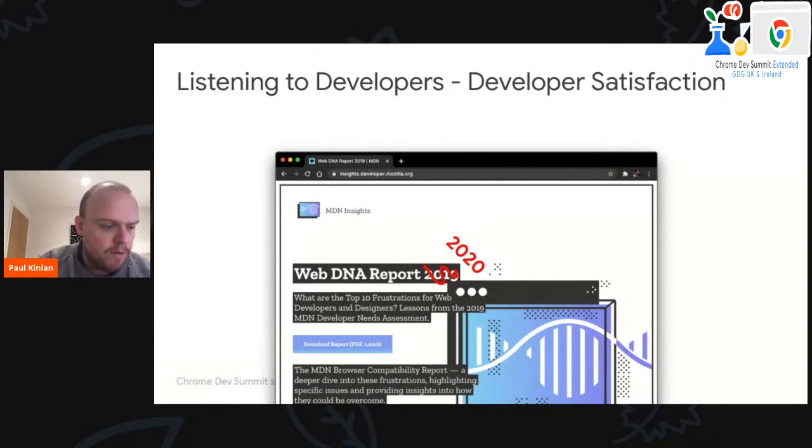And one example that came from this is, web compat was the biggest issue that developers had across the web. And it was identified in the Mozilla DNA report in 2019. Sorry, it was kind of identified there. We had to do a lot more research, but then we got a prioritized list of all the features that developers need. And so little things like Flexbox in fieldset support was a really big issue. For whatever reason, the Chrome team was not prioritizing getting it fixed at the time. But developers are telling us it's one of the biggest pain points that they're having on the web platform in terms of grid and Flexbox. It gets fixed, right? And that's all because developers are telling us what they need on the web platform